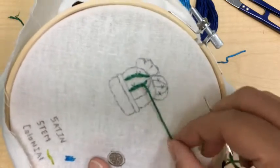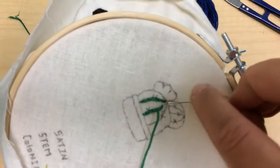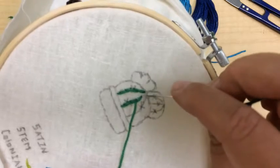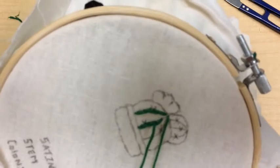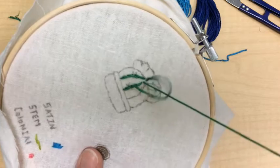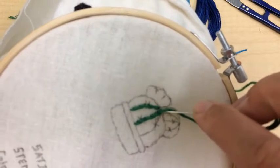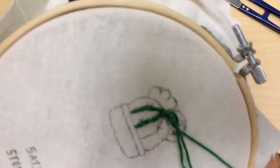You'll see stem stitches done in various different ways, like you might have learned one way where you kind of go up and then go back over, like that. I personally just like going through the fabric and then back up. That's the way I prefer to do it, but there are other ways to do the stem stitch. Then you have that inner line. I'm going to go ahead and just go right back over that top bit just to get back under so I can start the new